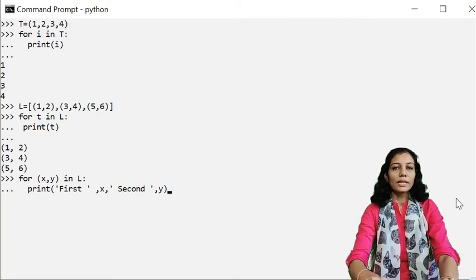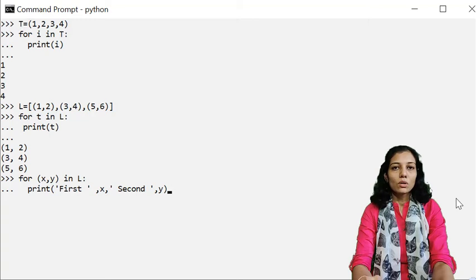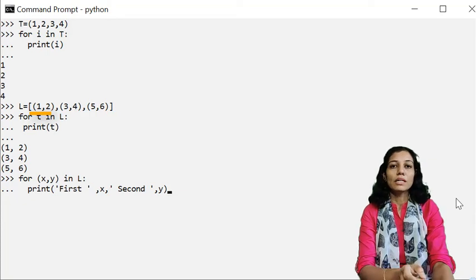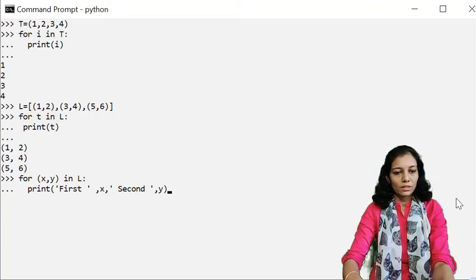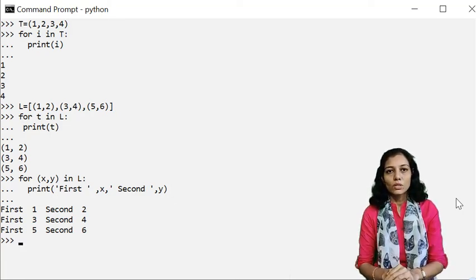So this is how I can print the individual elements using tuple unpacking, because the elements inside the item, that is 1 and 2, will be assigned respectively to x and y. Now let us see. The first element is 1 and the second element is 2. So this is how we can use tuple unpacking.